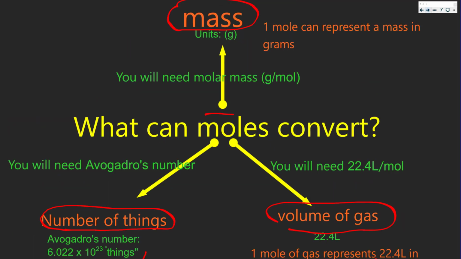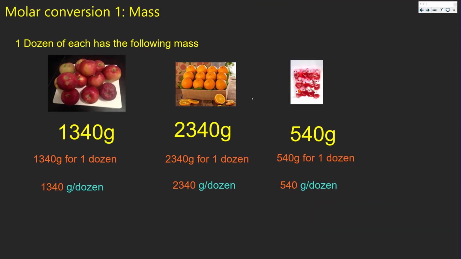Okay, so how we look at the mass conversion is that going back to the dozen example, if you have a dozen apples and dozen oranges and dozen teddy bears, you know that each of these ones will have a different mass for each of them, right? They're not going to weigh the same thing because they're different items. So if we were to just say that the apples would have 1340 grams for one dozen, oranges would have 2340 grams per dozen, and the teddy bears would be 540 grams per dozen,